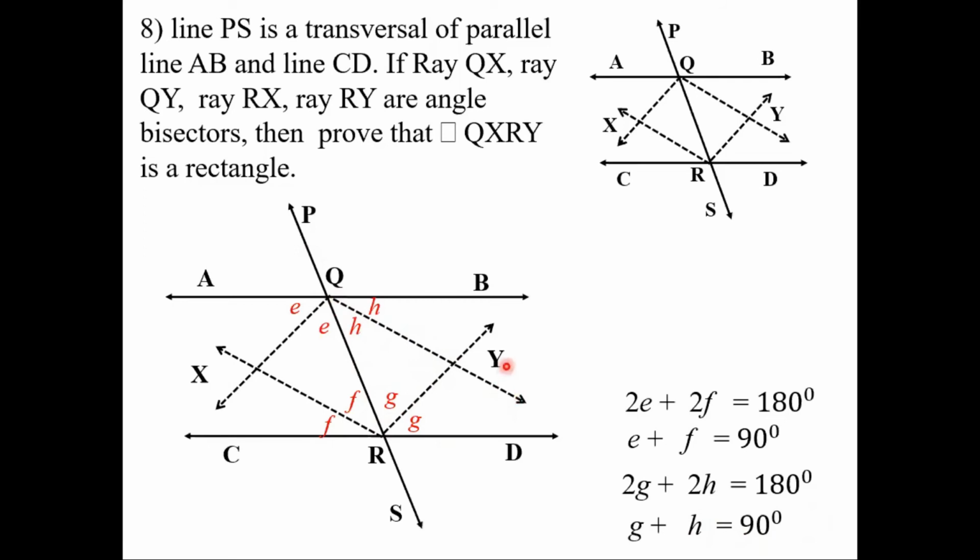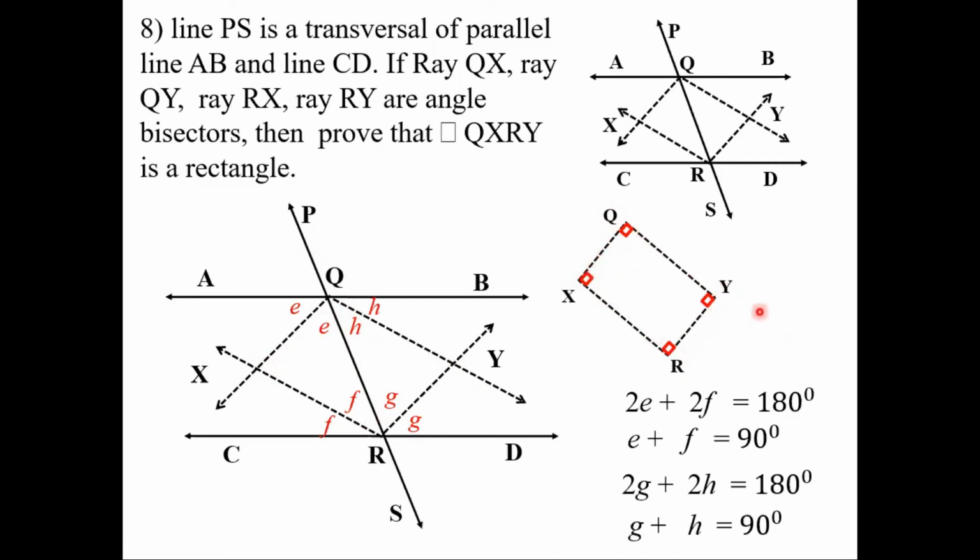Now what exactly is our target? Once again, try to understand. If you want to show that QXRY is a rectangle, then we have to show that every angle, meaning angle X, angle Y, angle R and angle Q, must be 90 degrees. So indicating that part, QXRY is a rectangle, and we have to show that angle X as well as angle Y are 90-90, meaning we have to prove that these are 90 degrees, and after that again we have to prove that angle Q and angle R are 90-90, and in this way we can show that QXRY